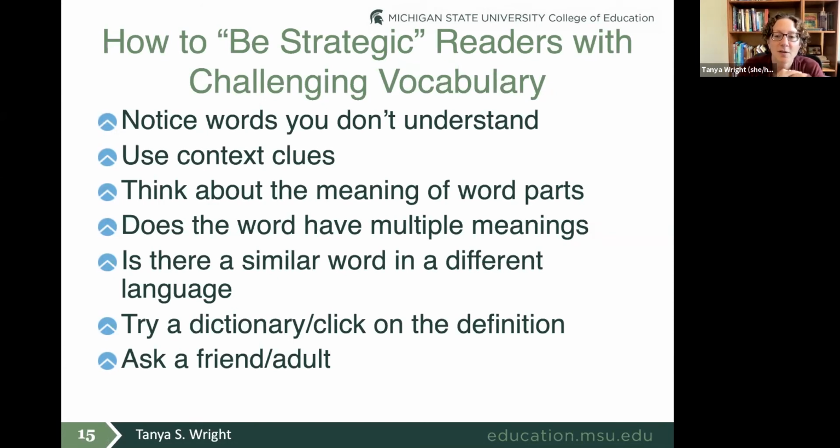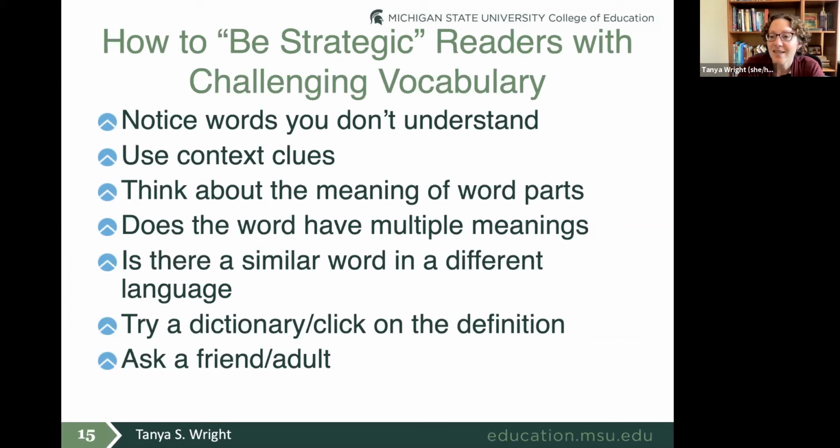But then we can also put morphology among a list of things to do when you get stuck on the meaning of a word. So the broader list might look something like, well, notice words you don't understand. First of all, just stop and notice that might be causing some confusion because you don't understand the word. Try using context clues. So what else is going on in the text around the word? Think about the meaning of word parts, right? And that might be where we go back to using that PQRST.